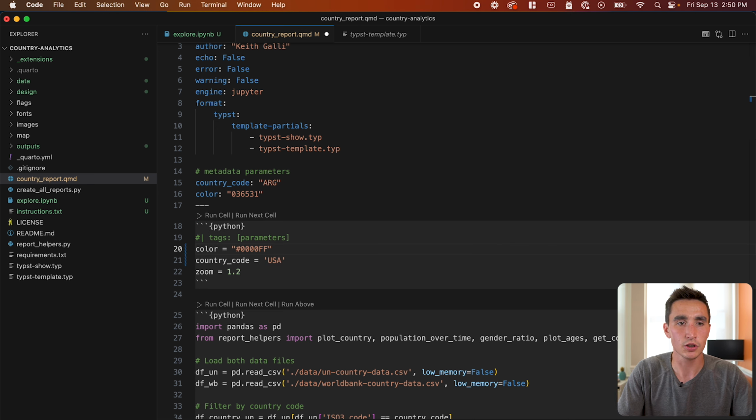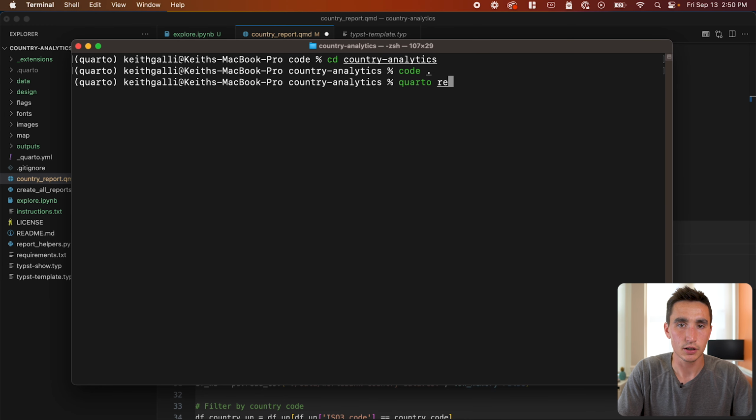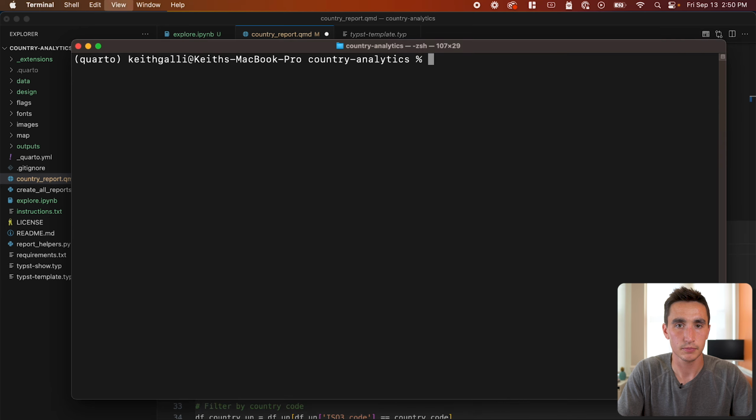Not super, super important for many cases to understand these nuances, but I will just show a quick example of what I'm talking about. So if I wanted to generate a blue USA report that was fully blue, I might run something like quarto render. I'll make this slightly bigger. Quarto render, we want to do country report.qmd. I want to specify some parameters. So I want the country code to be USA. I want to specify another parameter. How about the color to be that? This is a little bit weird because we use a hashtag, and hashtags I don't think are super known in terminal speak, but 0000FF